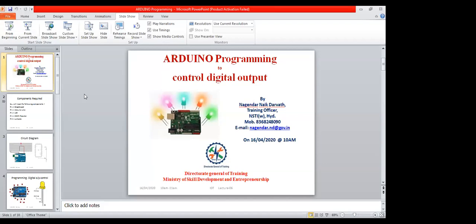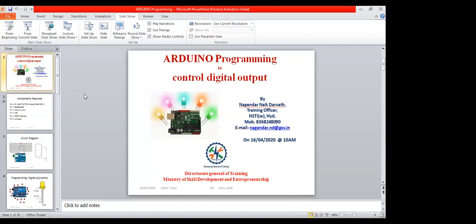You need to change the program means again and again you need to interface the board to the computer, then only you can change it, but that cannot always be the case, right? So you need to change it through some external input. So now we will see how to connect some more external devices. Right now we have seen only the LED, so now we're going to connect some more external device which controls the LED.